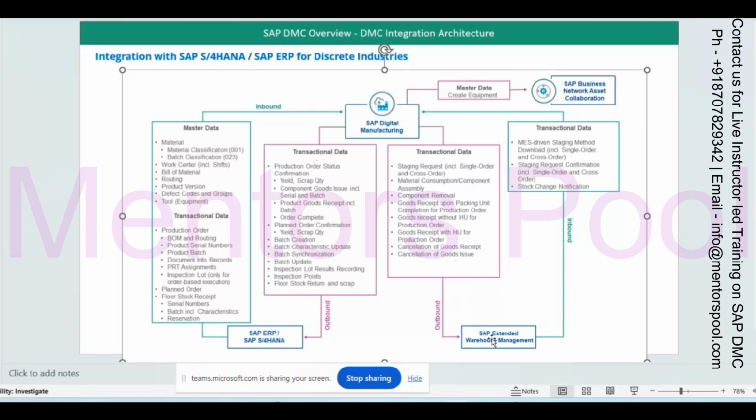If anything happens in a stock change, it will communicate to DMC, and DMC also will communicate to the EWM. It is not mandatory that you use EWM. If you are only using S/4HANA, you can go with this. If you are using EWM also, there is a provision to use the integration.